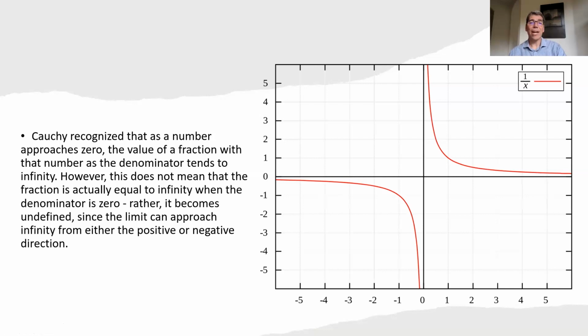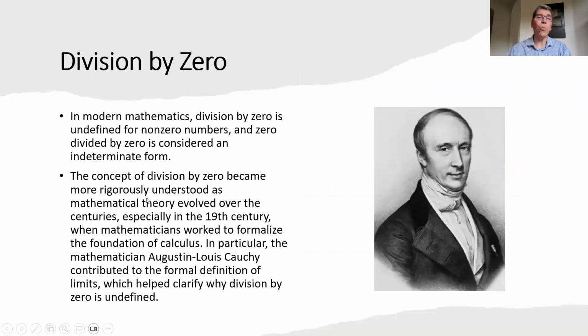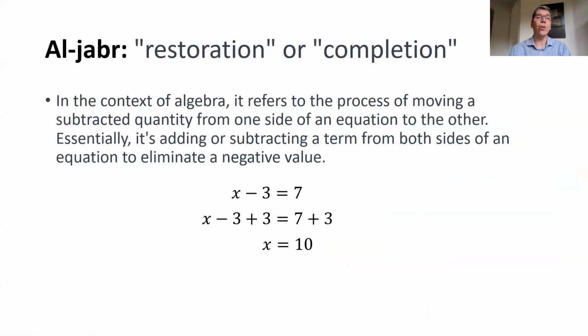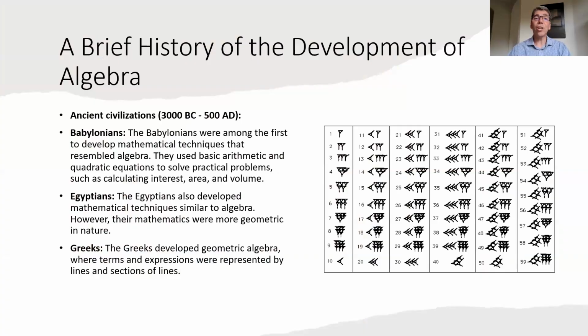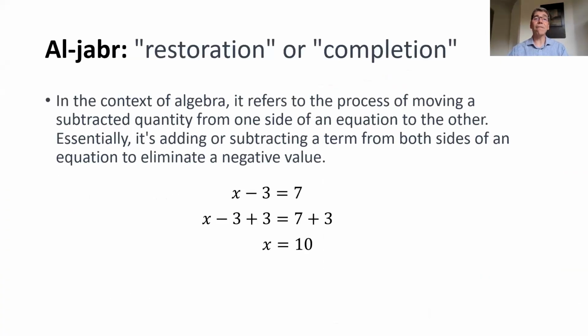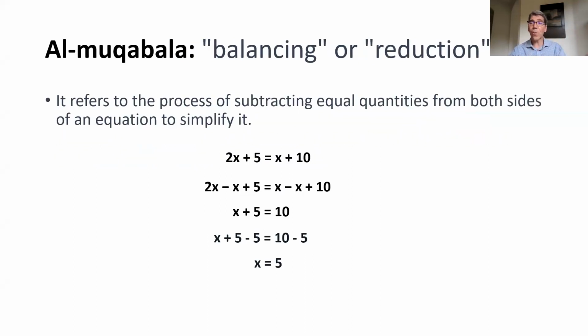Okay. All right, and then let's see. I think that is what I have here for the presentation as far as what I prepared. But so let's take a recap of what we have learned. We talk about the history of algebra, the development of algebra, the main concepts of algebra, the restoration and completion, balancing and reduction of the equations. What you do on one side of the equation, you do to the other.